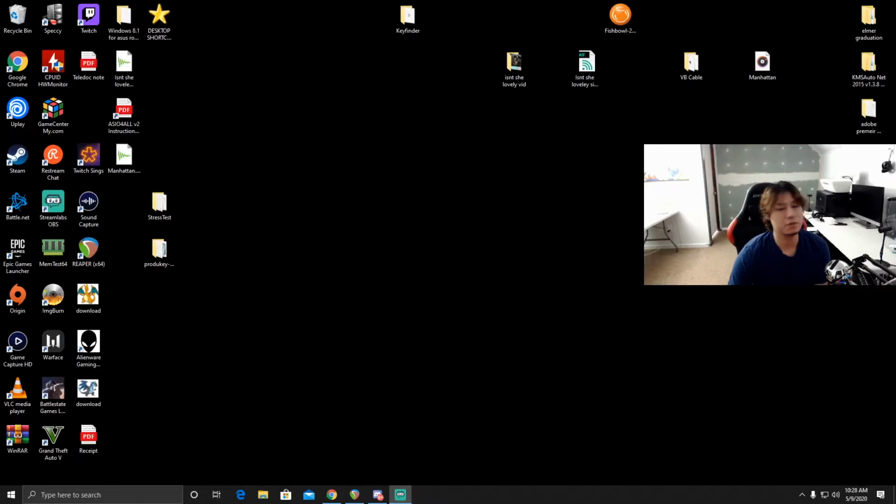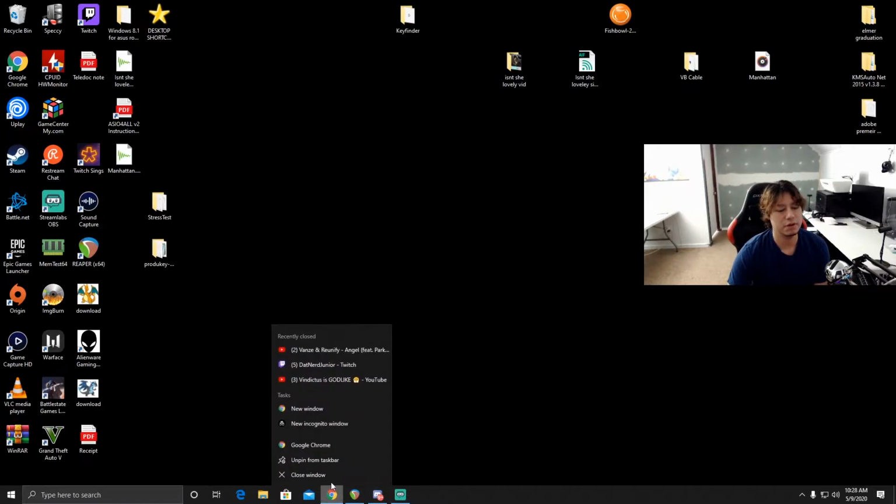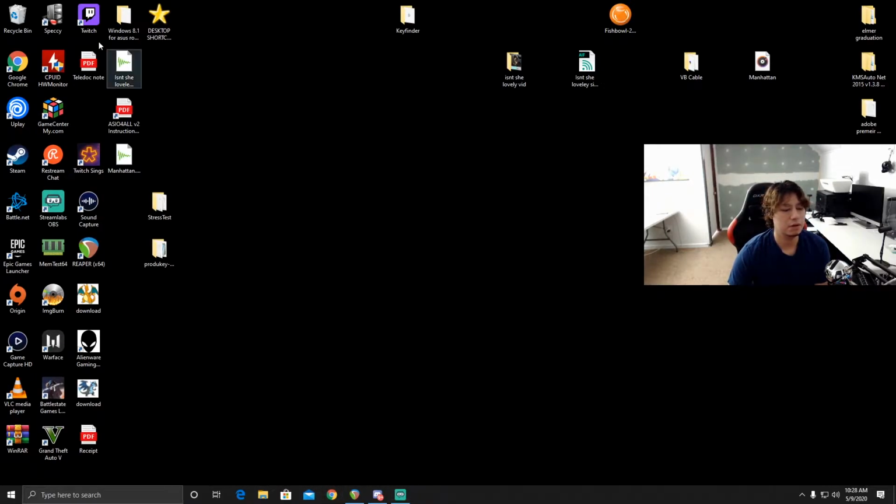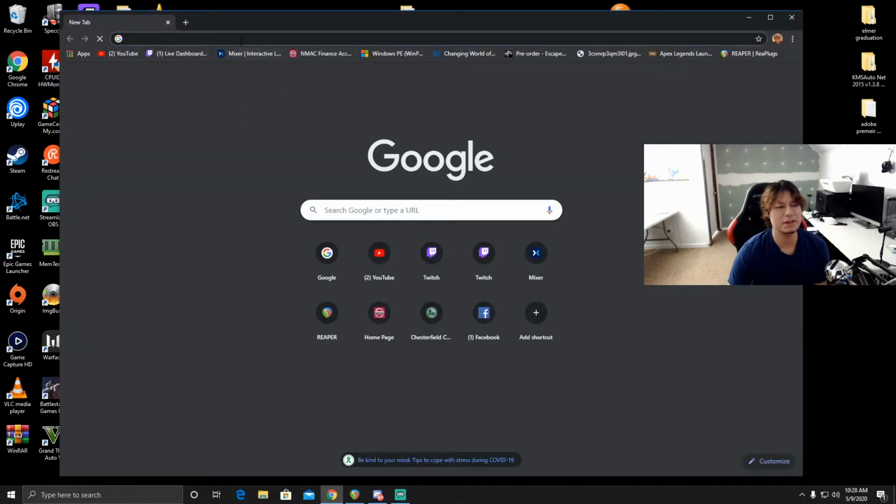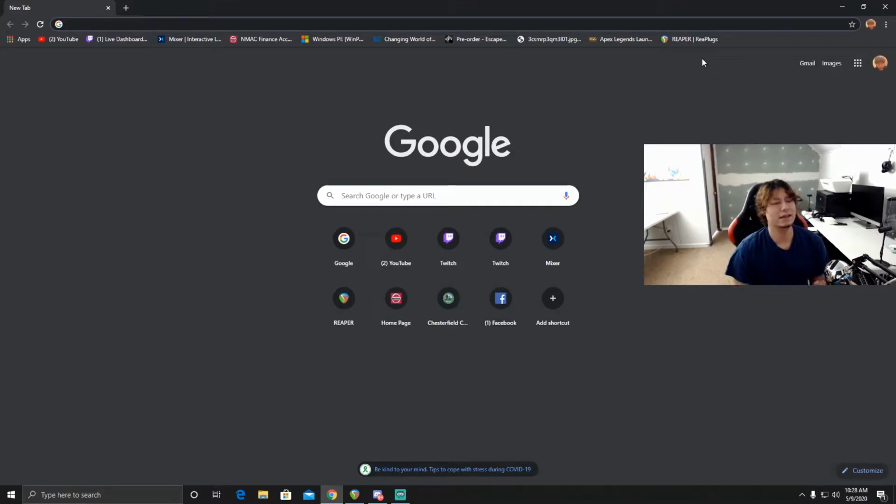And for the software, for this example, we are going to be using Reaper. Reaper is a free to use DAW, or at least it's free for like 60 days or so, and then you have to pay for it. I've been using it for free for a while now, and I haven't really gotten any issues with it, and it's been fine. So to get that, we're gonna go to